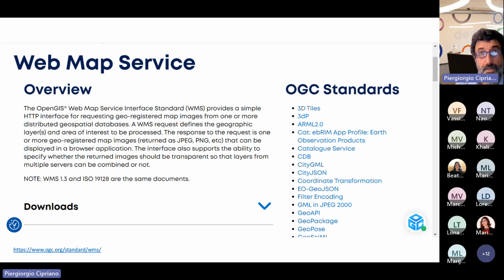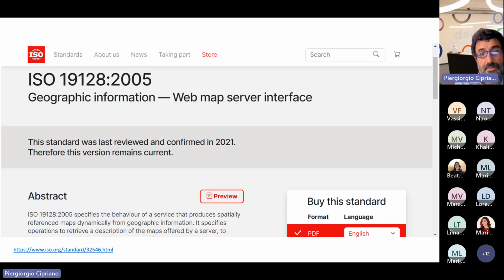That means that as an ISO standard, it is referenced in some European directives and became mandatory for public administrations to provide, publish and share maps online in an interoperable way. This is just the ISO representation of the same standard.